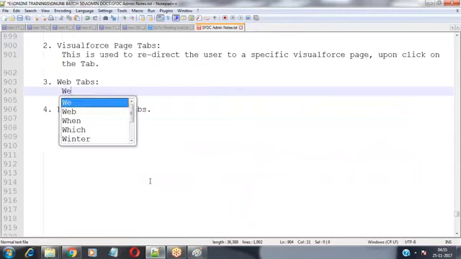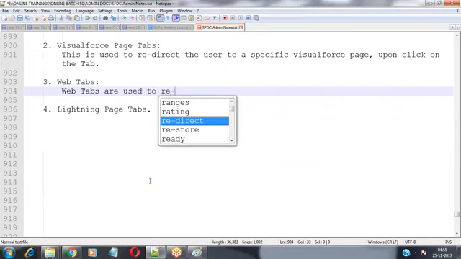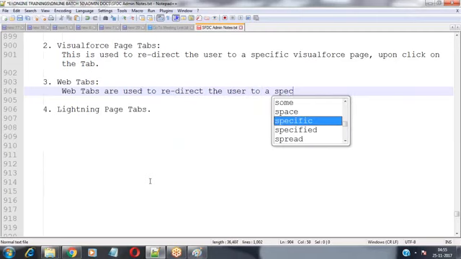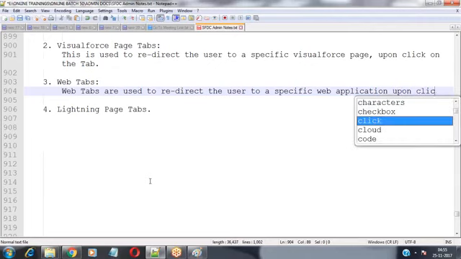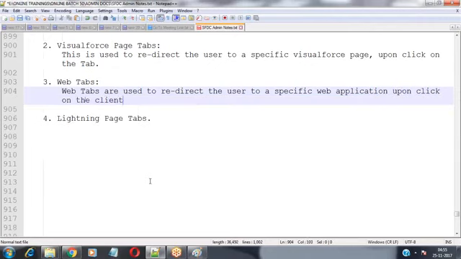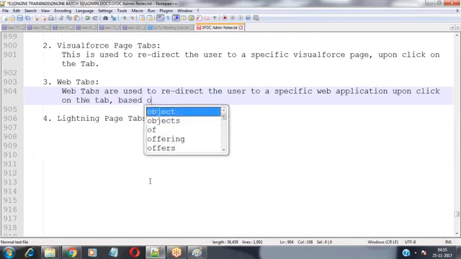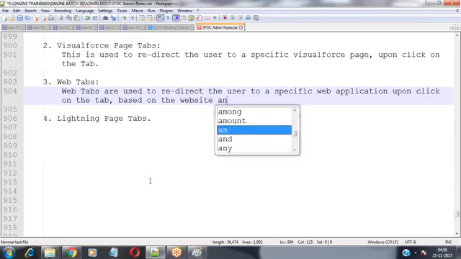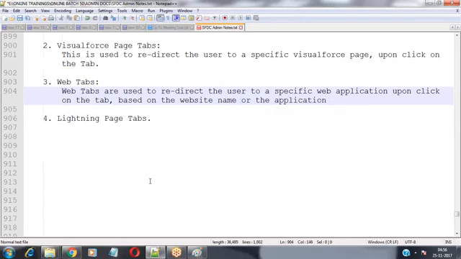Web tabs are used to redirect the user to a specific web application upon click on the tab, based on the website name or the application URL.